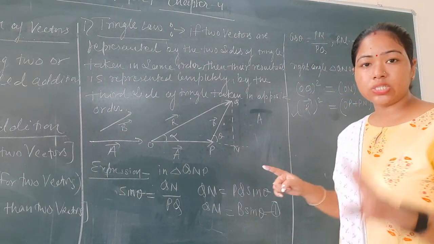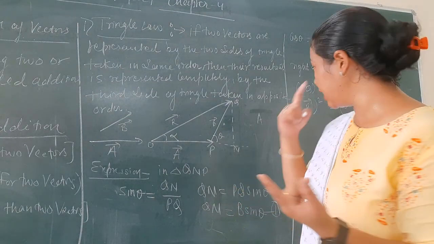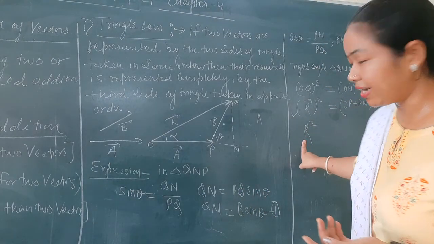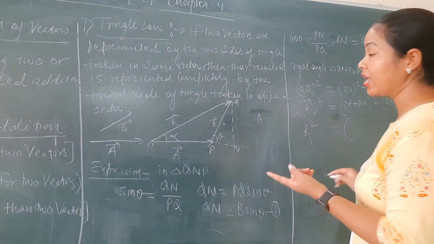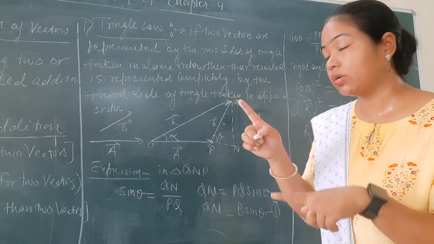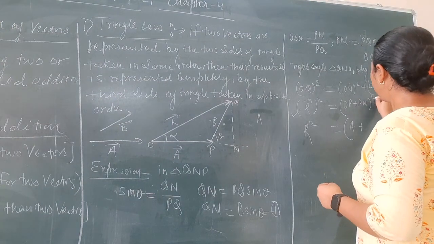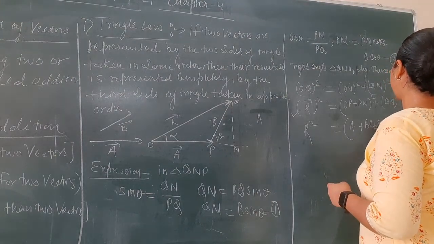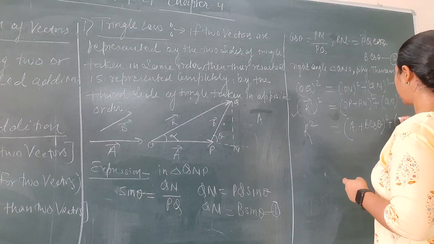Now, if you multiply a vector by itself, that will convert it into a scalar quantity, and that will represent the magnitude of that vector, that is R square, right? And what is the value of the OP? The value of the OP is, we are not taking the vector OP, we are just taking the OP. That means we are just taking the magnitude, right? So that will be A plus PN. What is the value of the PN? From the above equation we have the value of the PN, that is B cos theta, from equation number 2. Whole square plus, what is the value of the QN? From equation number 1 we have the value of the QN, that is B sin theta.